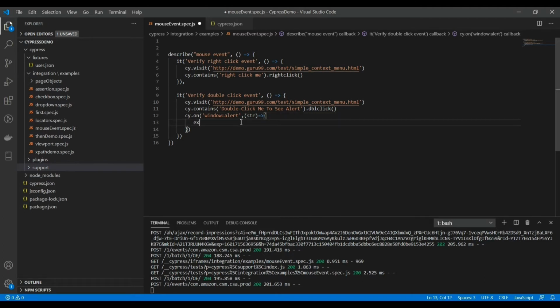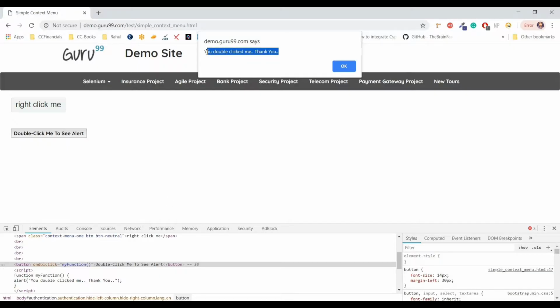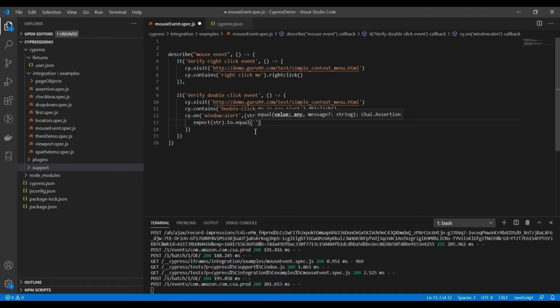So I have created a callback function, and I'll use this str variable to compare the text. I'm using a normal expect assertion that expects str to equal, and now we will pass our expectation. We can just directly copy the text from here.